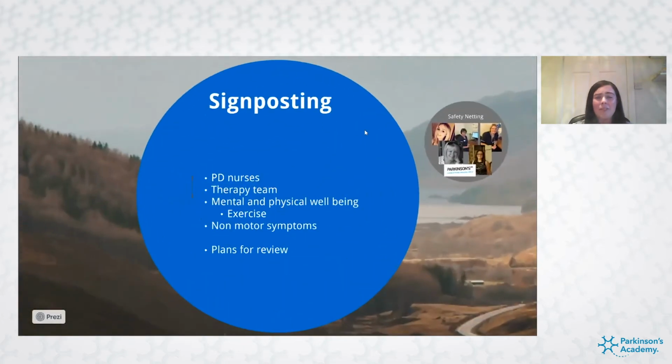I think it's important to realise when we're starting medications, that's just the beginning of the journey. Have we done appropriate signposting to the relevant team members? Do our Parkinson's nurses know about these newly diagnosed patients? In our service, often they'll be bringing them back to newly diagnosed clinic just to see how things are going and make sure that they've got all the information that's needed. Do our patients know that we've got